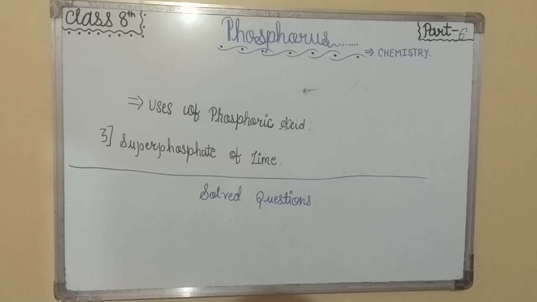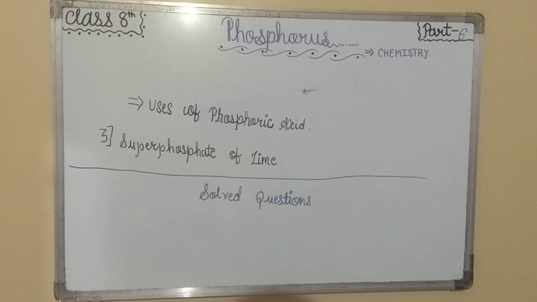Now the fourth question is, why is only yellow phosphorus but not red phosphorus kept under water? So yellow phosphorus is very reactive. Ignition temperature 30 degrees Celsius in air, whereas red phosphorus is quite unreactive. Ignition temperature 260 degrees Celsius. Thus, to avoid contact of yellow phosphorus with air, it is kept under water.